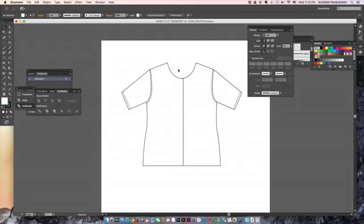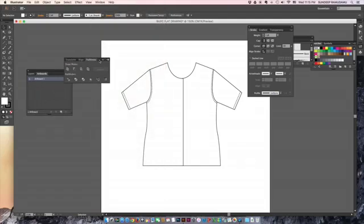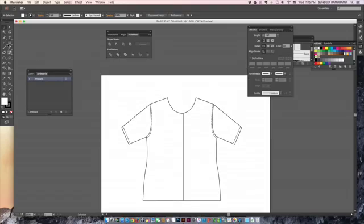Now if you want to get rid of the center front and blend both of them together, what you can do is go to Window, Pathfinder, which is already open for me. If this is ticked, it is open. So this is the Pathfinder box. Now what Pathfinder does is it has lots of options where you can tweak and play around with basic vectors. For example,